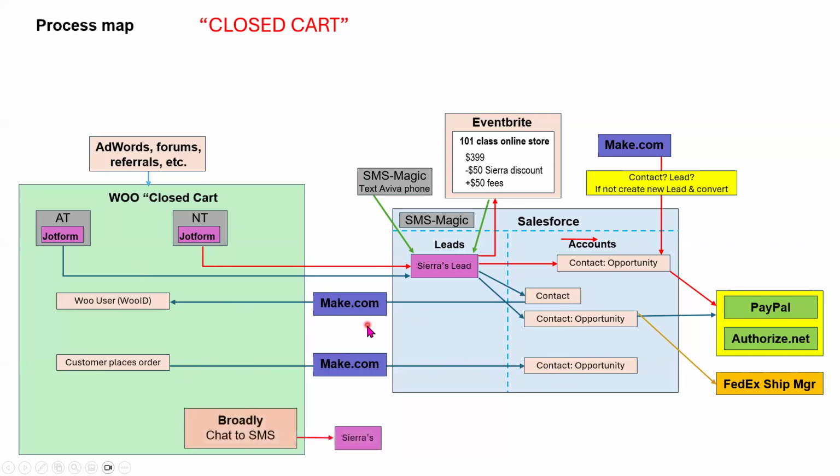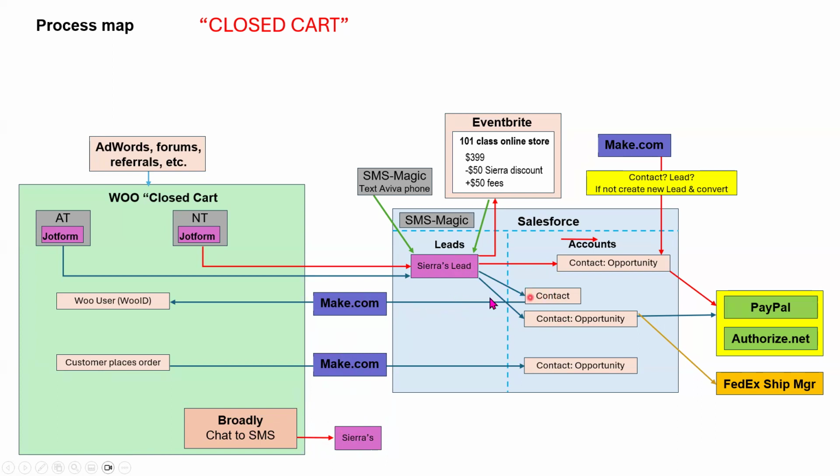And then just one more note is that I mentioned that we have Broadly, so customers can chat with SMS. If it's a new prospect, it would go to Sierra. So Sierra would also handle those people. And then at her discretion, she's going to try to create them as a lead manually. She's got to do that because Broadly doesn't manually create a lead. Another thing worth noting here is that,